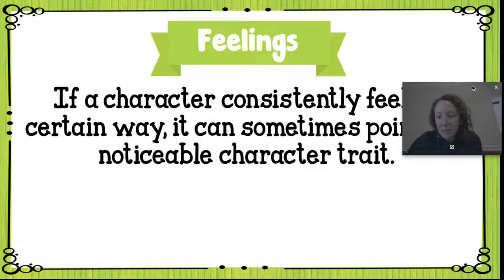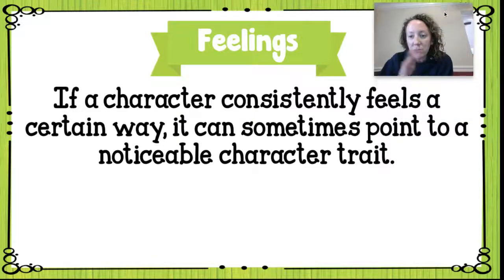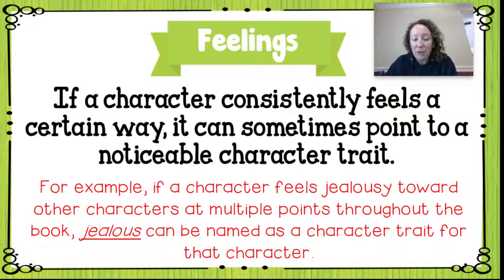So feelings throughout the story, right? It's not just one little period in time. If a character consistently feels a certain way, it can sometimes point to a noticeable character trait. So, for example, if a character feels jealousy toward other characters at multiple points throughout the book, jealous can be named as a character trait for that character. If a character is only feeling jealous for one little period of time, you would not use jealous as a